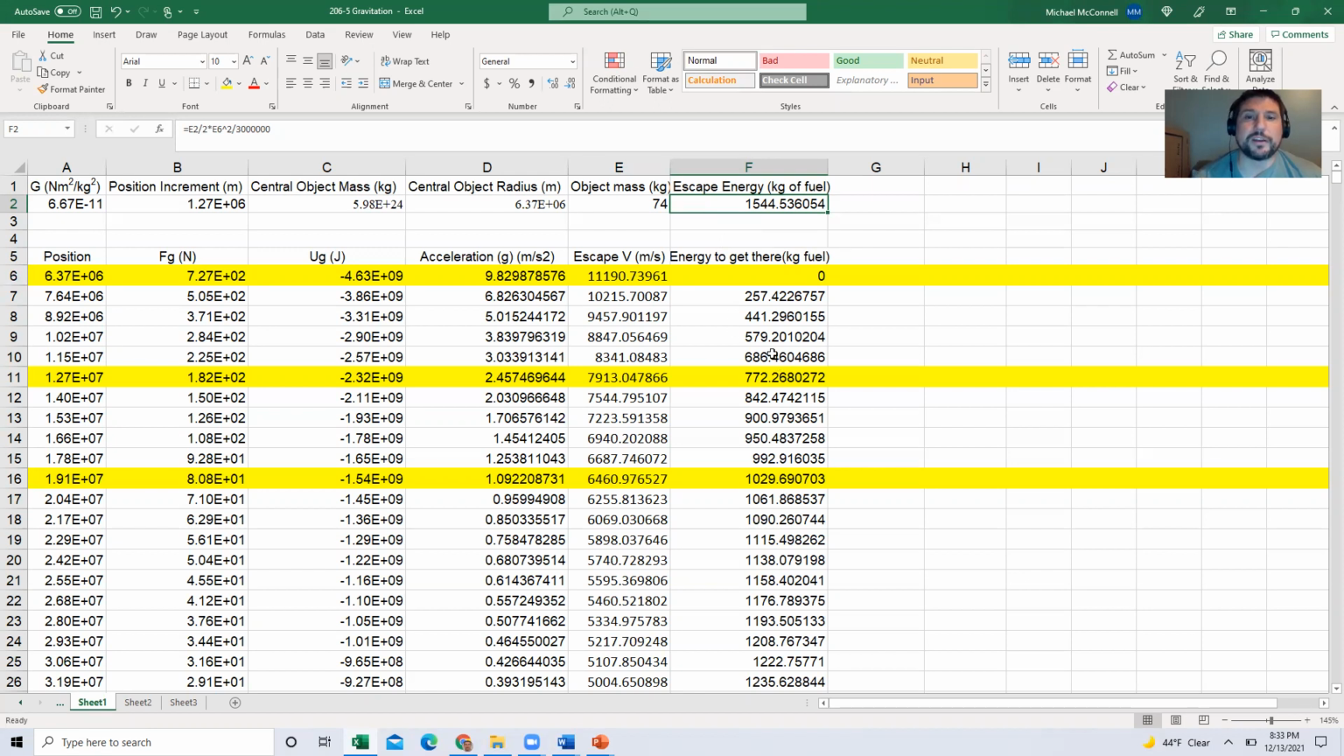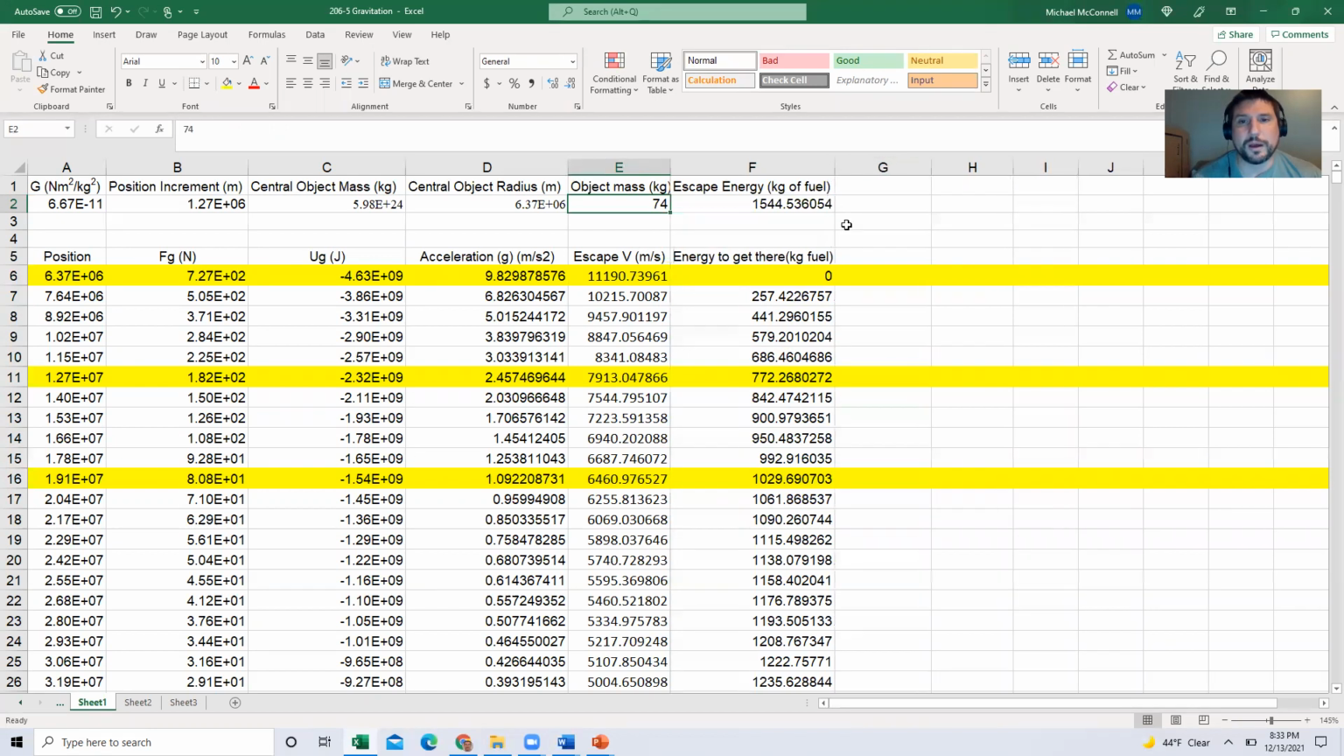If you look at this energy to get there column, that's telling you how much rocket fuel it's going to take to lift that 74 kilogram mass up. And that's net energy. That's not accounting for the spaceship and not accounting for lifting up the other fuel. That's just the net pure kinetic energy. It does account for the efficiency of the rocket fuel, but it doesn't account for the full